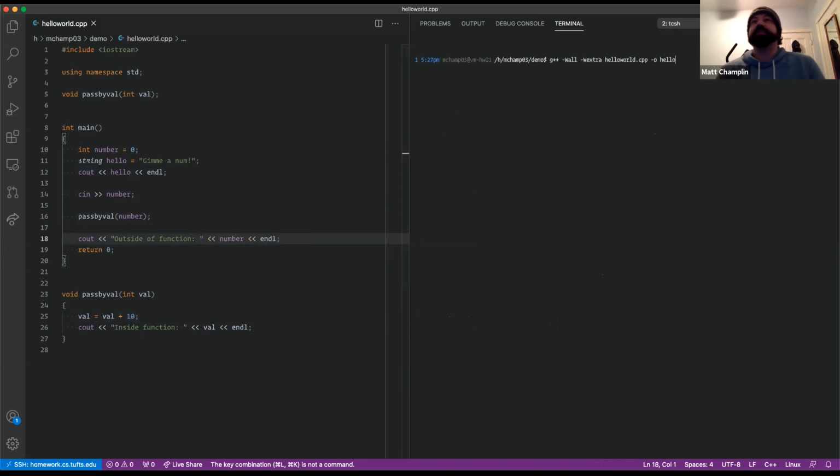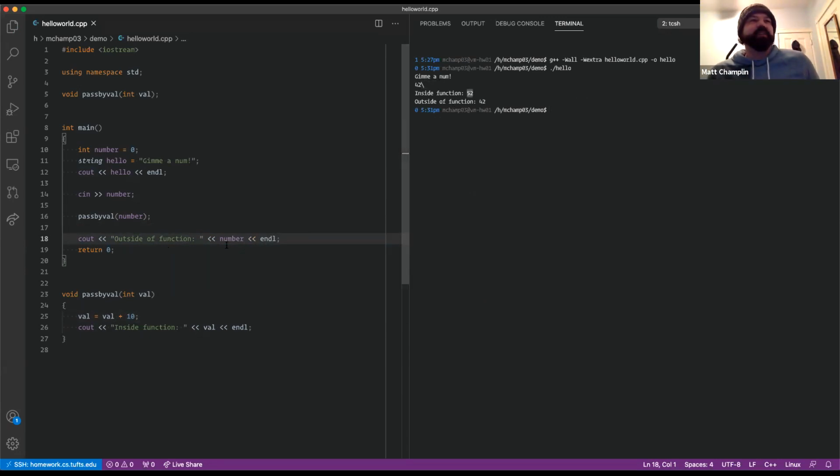So this is the default state of C++. I'm actually surprised I read 42 with this thing there. As you can see, inside the function we get 52, but number itself hadn't been changed. That's because when we pass in number or val here, C++ made a copy of that, so it became unaffected. So if we do pass by ref instead,